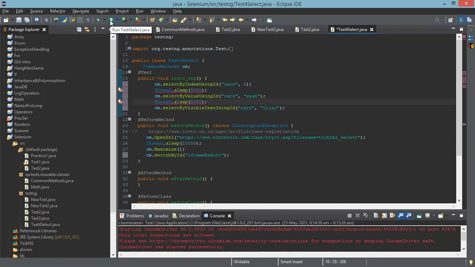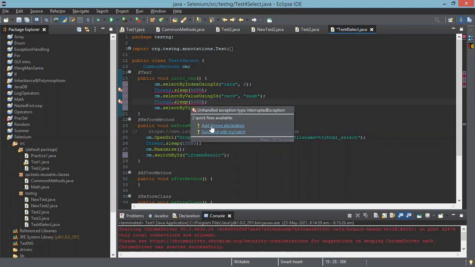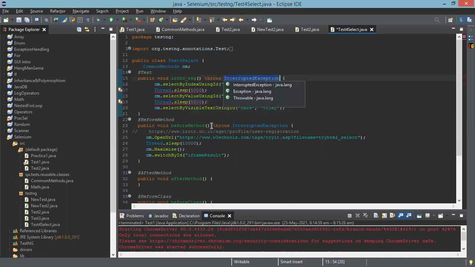Shall I run it? Check the exception. Mouse over on that thread sleep line and add throws. Run.